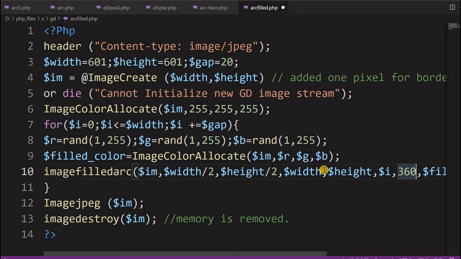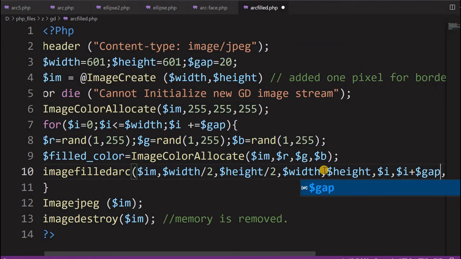It will start at $i, and the end should take the value of $i plus gap. So that gap will come here, and the for loop will also start from 0 because it's a circular one. So the highest value should be 360. So we'll keep the upper limit at 360.